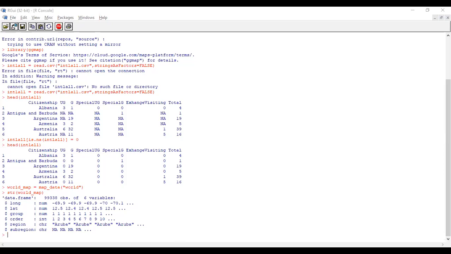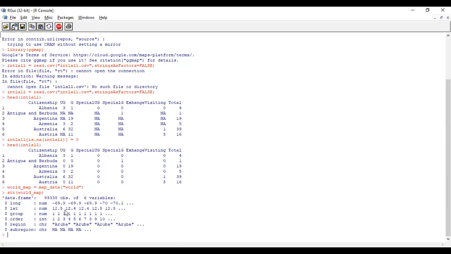Now if you look at this, in our data set we have citizenship. Citizenship is nothing but a region, but in the map it is called region. In the Excel data set we called the region citizenship. So you have to merge this.